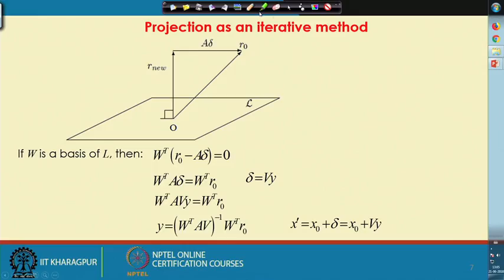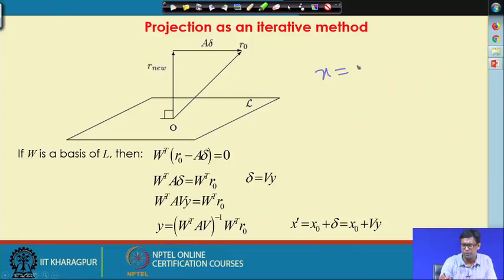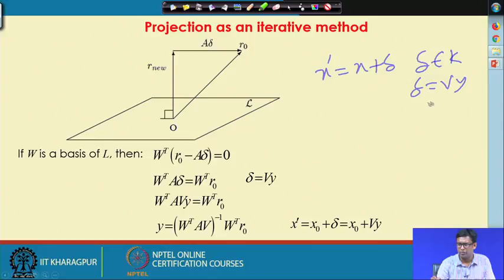So, in last class we were discussing general projection methods. The idea is that there is a projection method for solving the equation Ax = b. In that scheme we are updating x as x' = x + delta, so that delta belongs to a certain vector space K, or delta = Vy, where V is the basis of K,